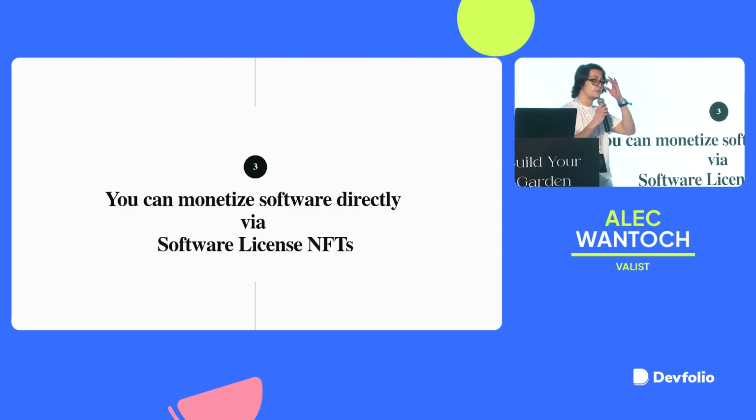And you can basically monetize software, like I mentioned, with software license NFTs. And so essentially, this is a new way to do digital rights management, DRM. And traditionally, we have to go through Apple, Google, or Steam and basically give them 30% of our revenue for that. Or we have to tie a bunch of these other crazy APIs together. And licensing systems are usually very complex, and they're changing a lot. But this is the most modern way, and it's the Web3 version of the DRM, and this is the future of digital rights management. And again, you're monetizing it directly with your users, so you don't have to go through any entity for doing that.